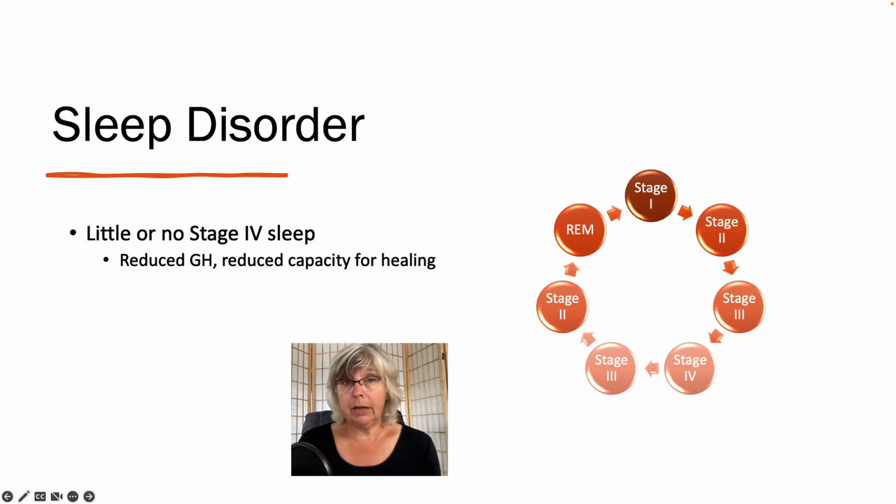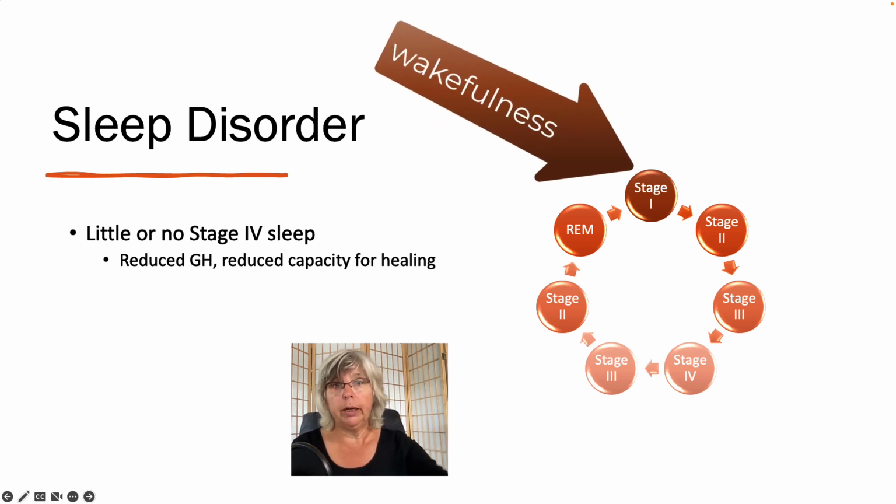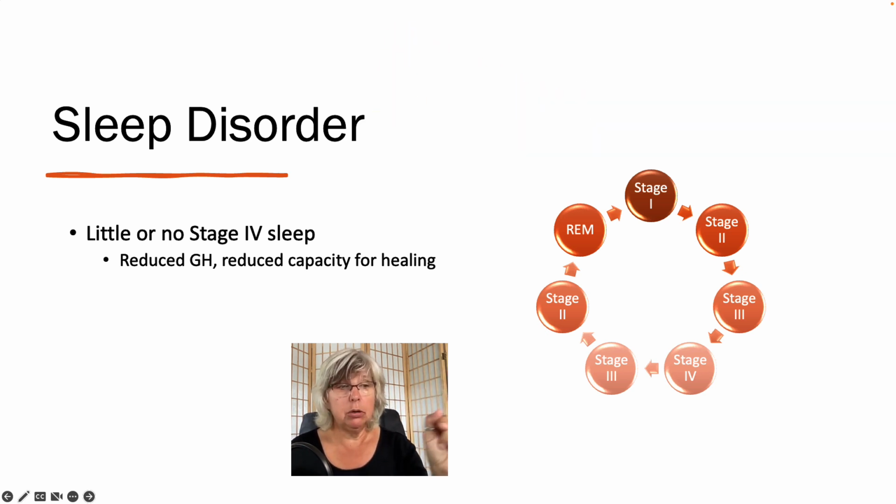And what it really comes down to, we have learned from fibromyalgia studies, is that people with fibro have disorganized sleep and they get little or no stage 4. So what I've given us in this graphic is a typical sleep cycle. We enter from wakefulness into stage 1, and in a healthy sleep cycle, we'll then proceed to stages 2, 3, 4, 3, 2, and REM before we go back into stage 1. And of course, REM sleep stands for rapid eye movement sleep.